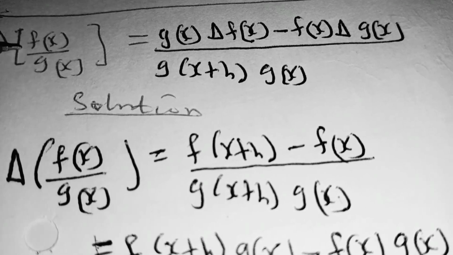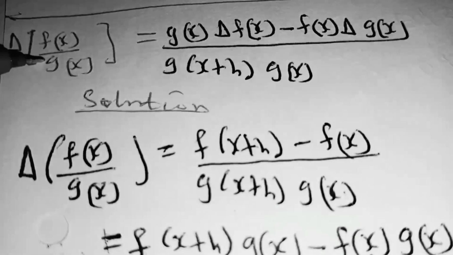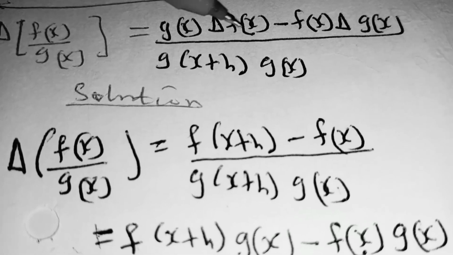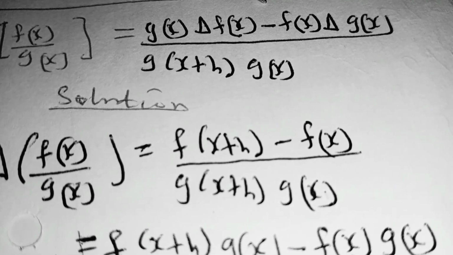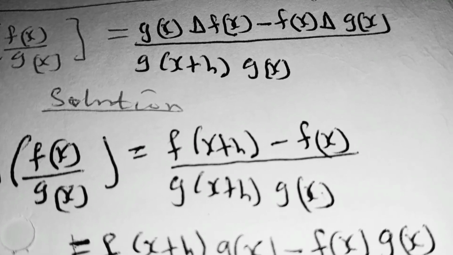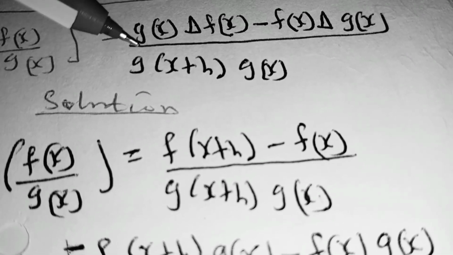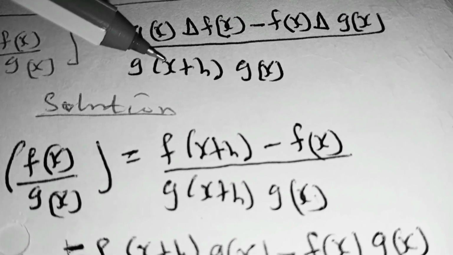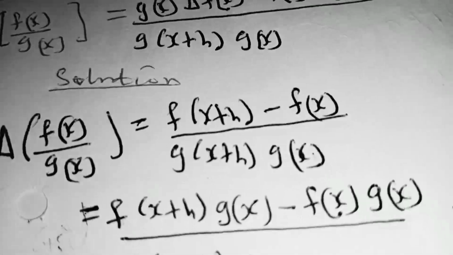You are supposed to prove that when you have this one difference operator of f of x divided by g of x, the result is the same as g of x multiplied by the one difference operator of f of x, minus f of x multiplied by the one difference operator of g of x, divided by g of x plus h multiplied by g of x. So we begin by